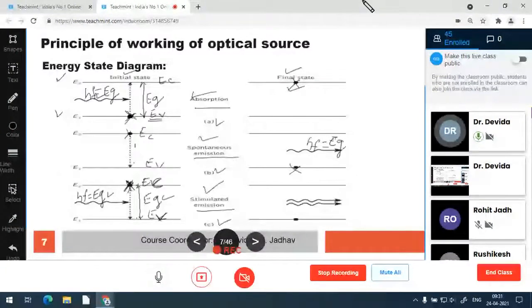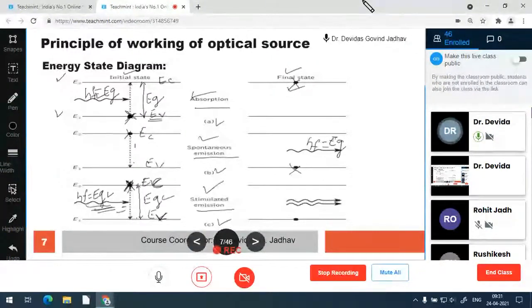And when the energy is getting radiated, the charged particle electron has to jump from conduction state to valence state. This jump is due to the external photon. So this is the external photon, isn't it? This external photon makes this jump happen from conduction state to valence state. So it is not spontaneous. It is a stimulated jump, stimulated emission.